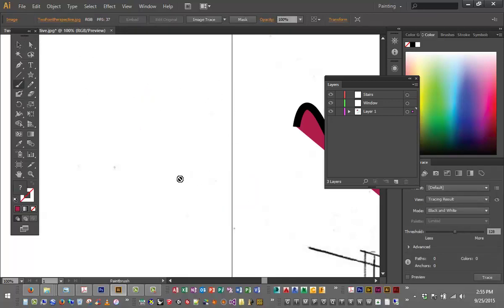The paintbrush, right, I don't necessarily use very much. Eraser I'll use sometimes. There are a couple other ones that we're going to go into